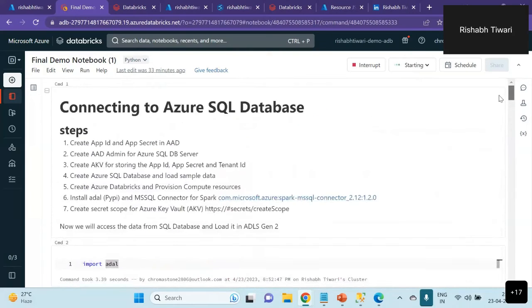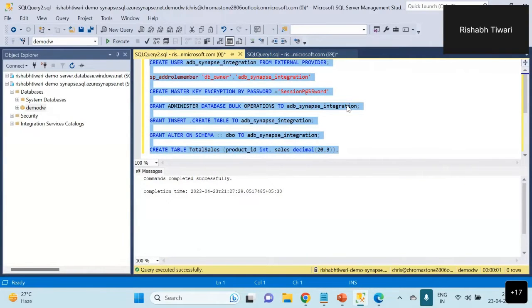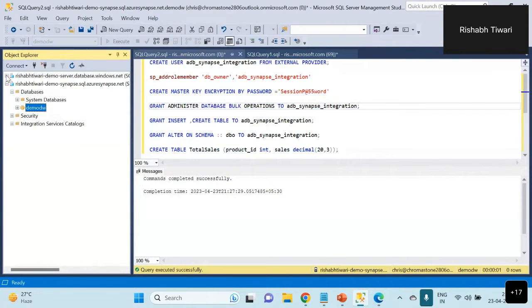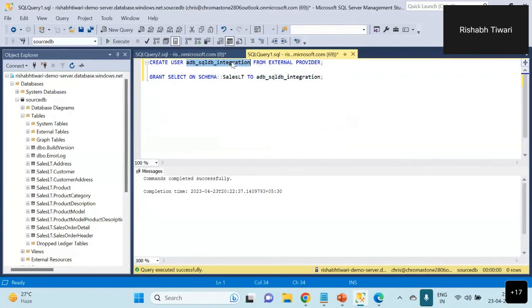On the SQL database side, let me just show you a couple of things in the meantime. So this was Synapse. Now, if you go to the SQL database that we have created as a source database, we have populated a couple of tables from the SalesLT. The table that we are going to use is known as SalesOrderDetail. And here also we have created an app name that is known as ADB SQL DB integration. Same, and we have provided access on the schema. So we are giving only select access on the SalesLT schema,